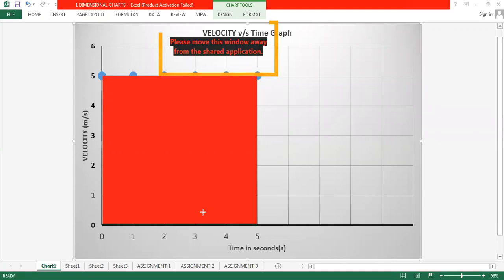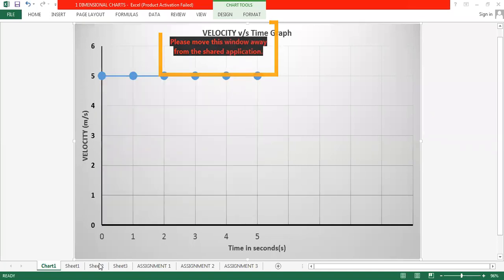Yes. So how much is the area under the line? You will find the area under that line is coming out to be 25. Yes or no? How much is the area? 25, because if you look at it, it's a rectangle with the width as 5 and the height as 5. So 5 5 is 25. So the area under the line is 25. Okay. So how much is the distance covered by the object? The distance covered by the object is 25 meters.